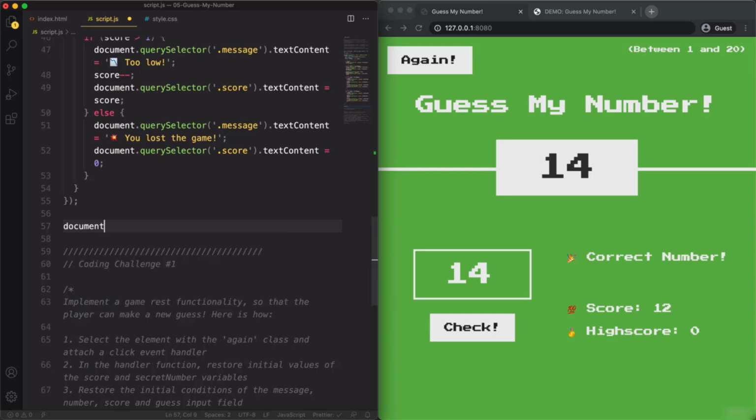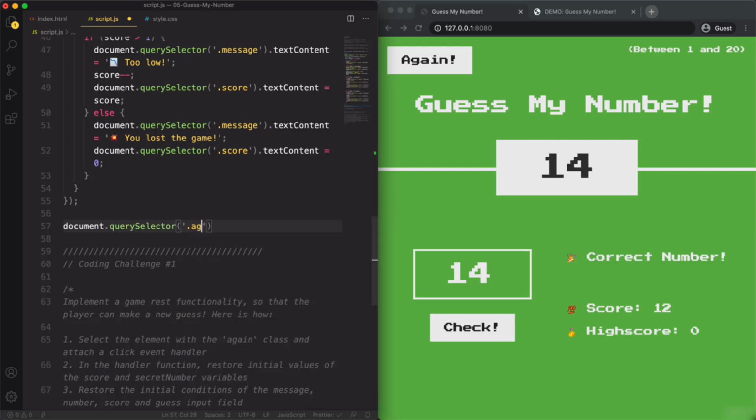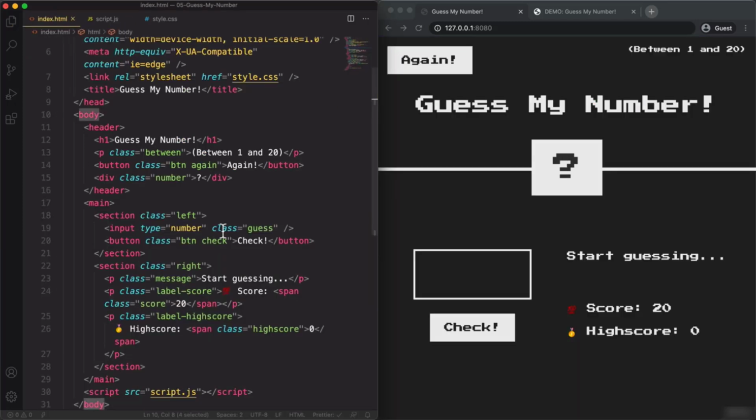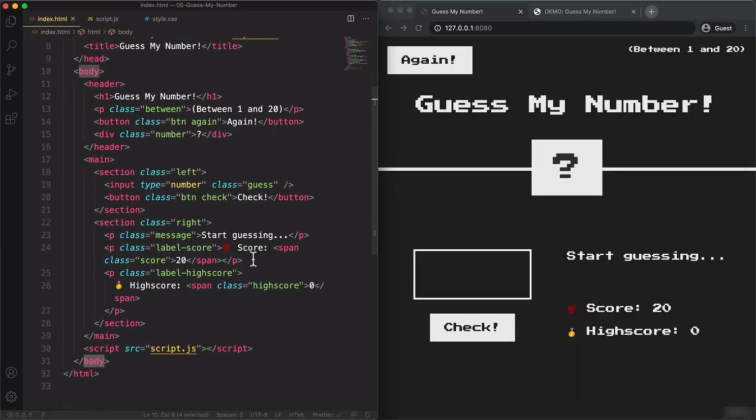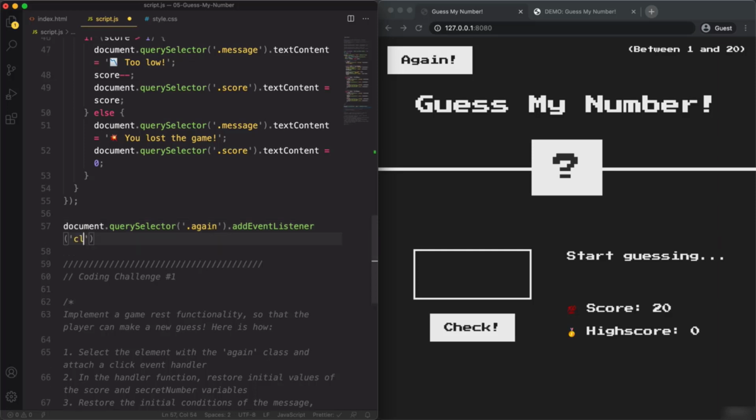So we start, as I said, with selecting the button. So document.querySelector, and the class is again. So just showing that to you. So yeah, here it is. So that is the button. And then add event listener. And I'm just using autocomplete here because that's how developers do it. Then remember, the name of the event is a click. And then we need to specify a function. So this is our handler function,